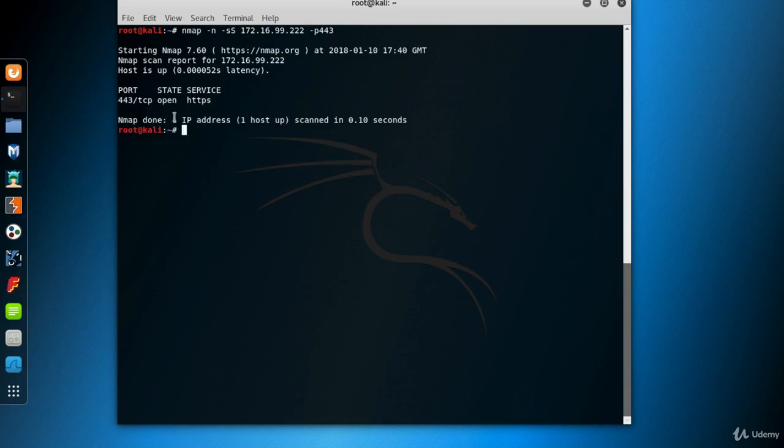Nmap detects that the port is open. Look at the service. Nmap says the service is HTTPS. Using its Nmap services database, Nmap reported that this port probably corresponds to a web server for HTTPS, and we know that's not true. So let's prepare the Nmap SYN scan again, but this time use the -sV parameter to run the